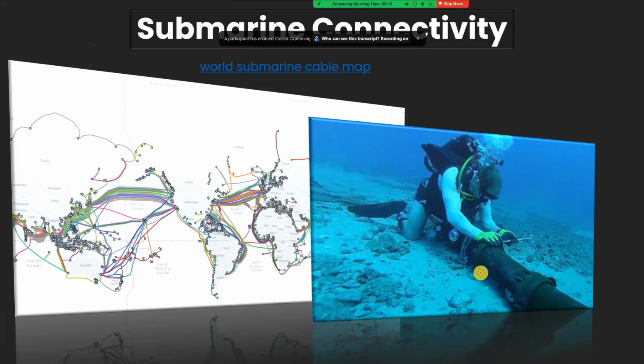Because of these cables, our connectivity is present. Like, suppose we have a server in the USA, and that server data is not present anywhere else in the world. If you want to access that data from India, then that data will be traveling through these cables only to reach you. Something like that. So these are all the cables which are connected, because of which we are getting the